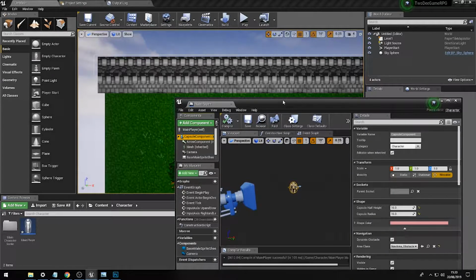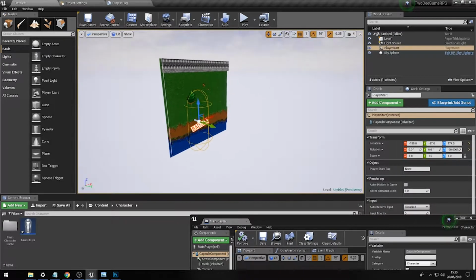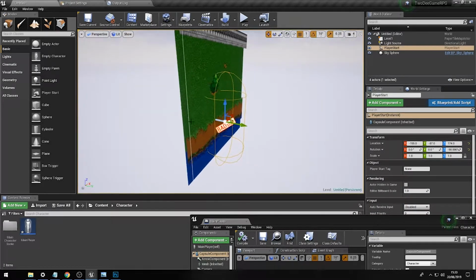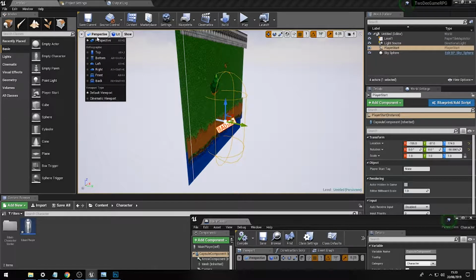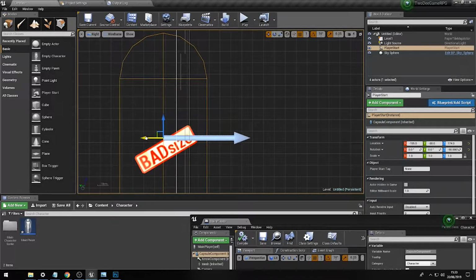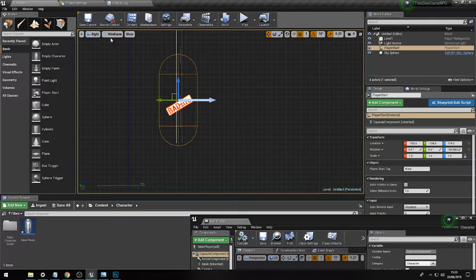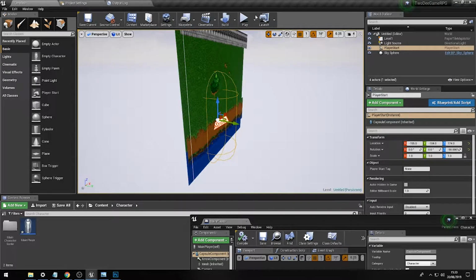Now the next thing we're going to do is think about where the start location for our character is. At the moment, don't worry if it ever says the word bad size, that's not relevant at all. What we can do is go onto the image here, onto the right side image, which will put this into a wireframe, and think about repositioning our character. So if I put it about here on the second layer of our game, go back into perspective,